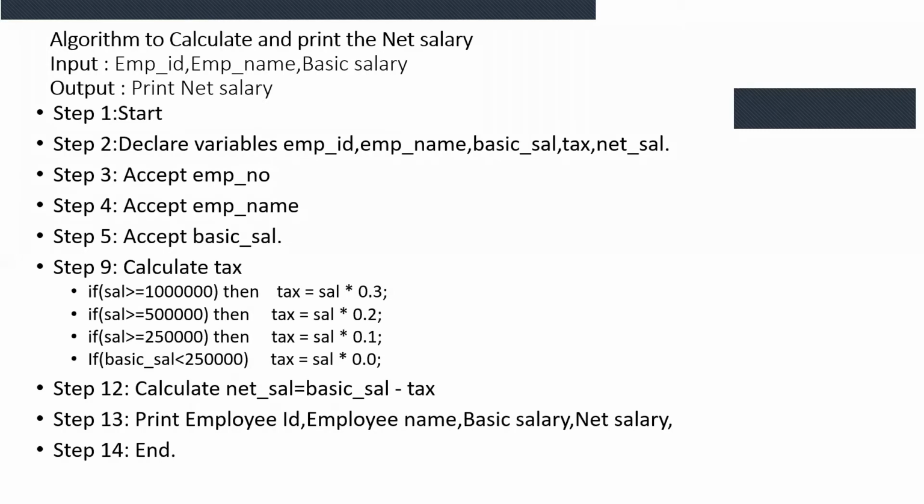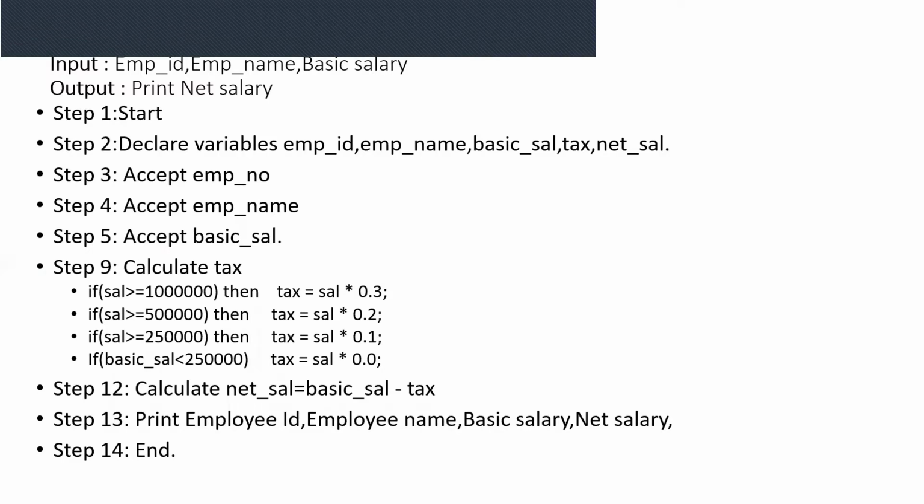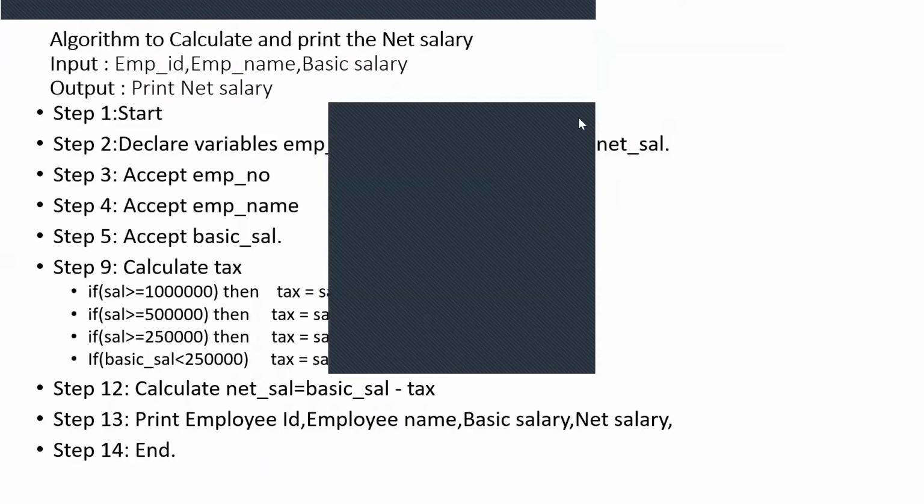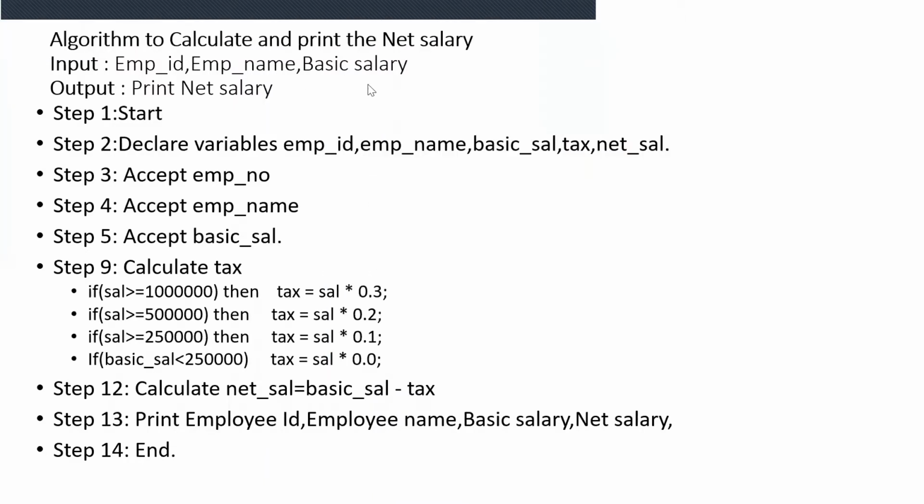You know, net salary, gross salary, those terms actually mean that for the gross salary we have to calculate the HRA, DA, and then subtract the PF and tax. Here, we are not going for that big a program. Very simple program. So we will be just calculating the tax based on the salary. They have asked only that part.